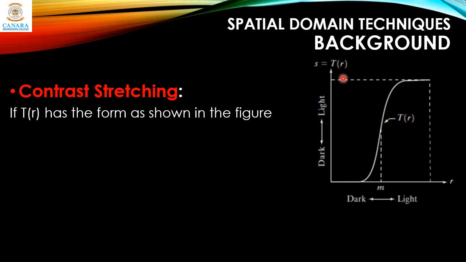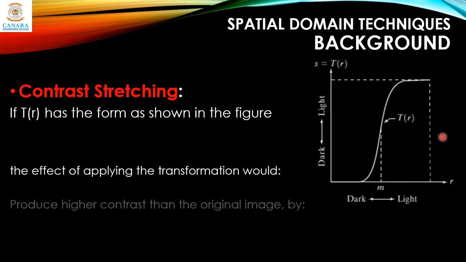The output image will be brighter for pixel values above this threshold, maybe around 70% in this example. So what happens here is we are making the brighter pixels brighter, and we are making the darker pixels darker, and thus we are enhancing the contrast. So by definition contrast means the separation between the brighter and darker pixels.